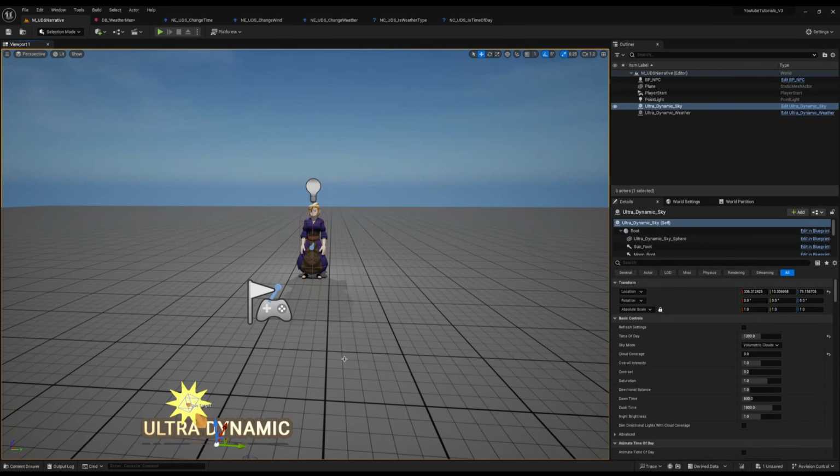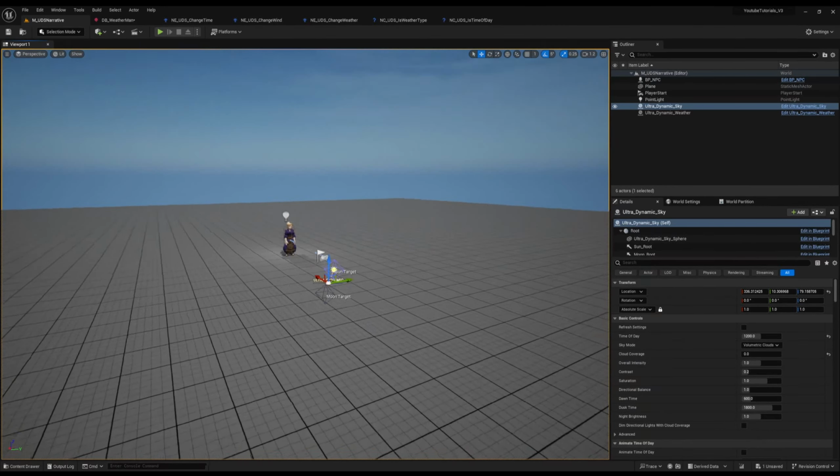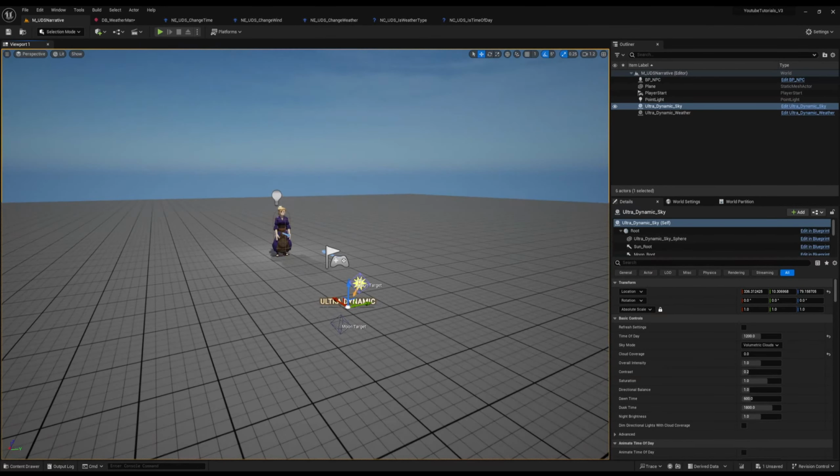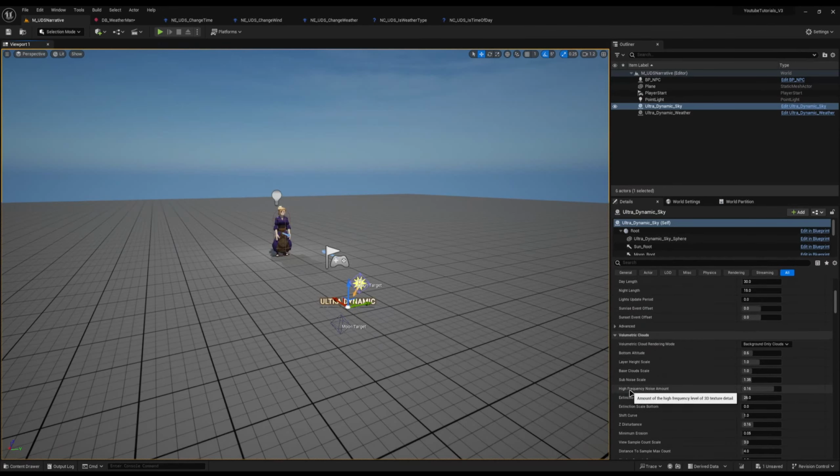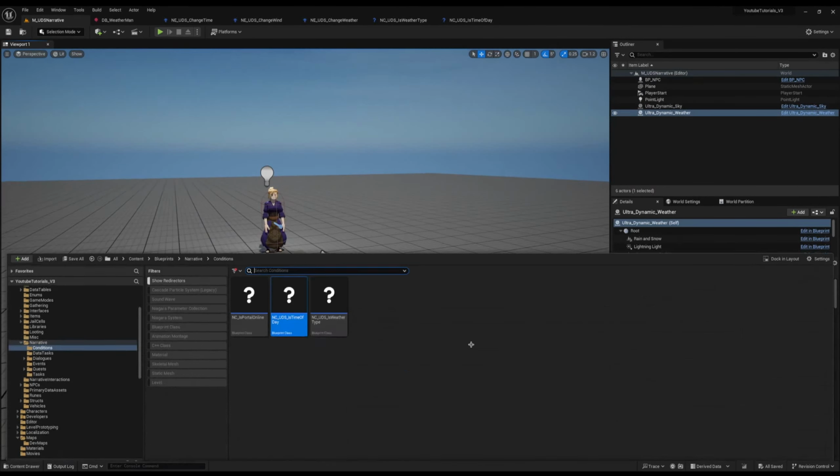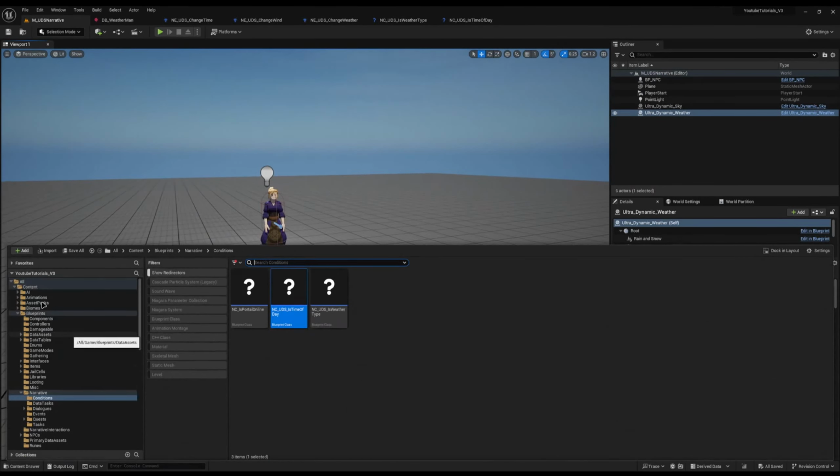I think that's it, ladies and gentlemen. A narrative and ultra dynamic sky compatibility thing. It's dead easy to do. Super, super easy. If you find any settings you can't figure out how to change, let me know in the comments below. So what I will do is I will organize this a bit neater so it's at root level,